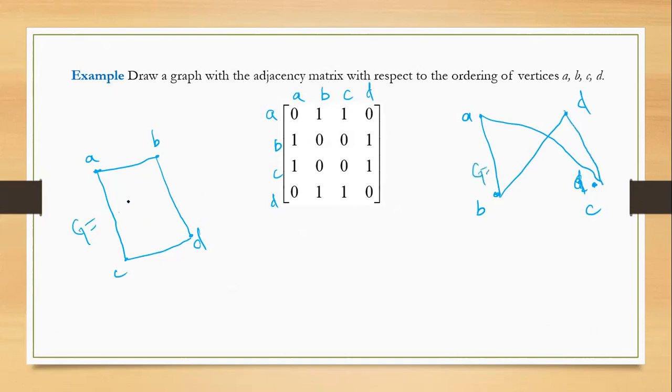We have only changed the position of the vertices, but the number of vertices and the number of edges, and also what kind of edges, that is the edges in between the vertices, are also the same. So if you notice, A is connected to C over here, A is connected to C over here. We have just changed the position of the vertices. So you can draw both of these graphs and both of these graphs are correct.